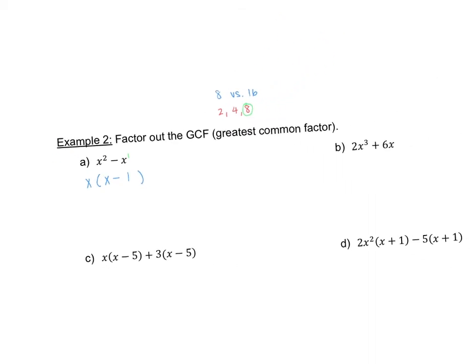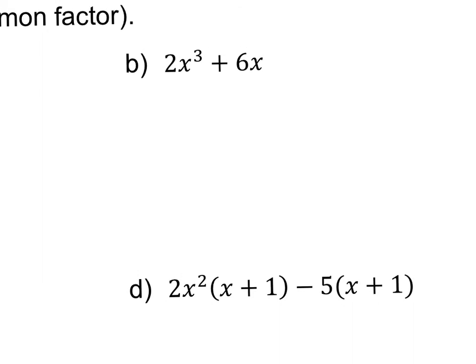Let's practice that some more. So this one here, let's first look at the coefficients in front. This is a 2 and this is a 6. So if I think about it, the number that divides into both 2 and 6 is 2. So they both have a common factor of 2. Now, I also noticed that they both have x's, so that means I can pull out the lowest power of x, which in this case, this one has x to the first power, so that's the lowest amount that I can pull out. So I can take 1x from here and 1x from here, because I have at least 1x